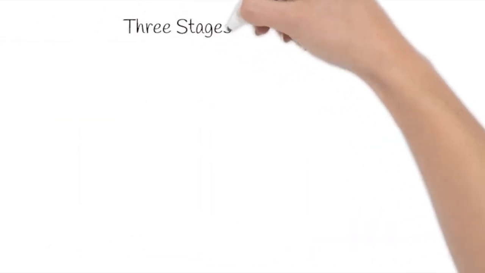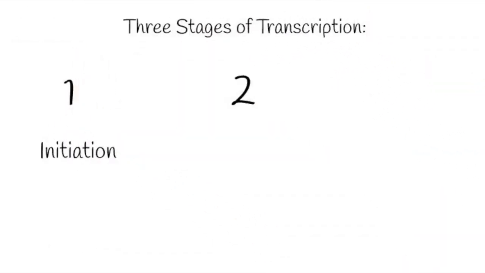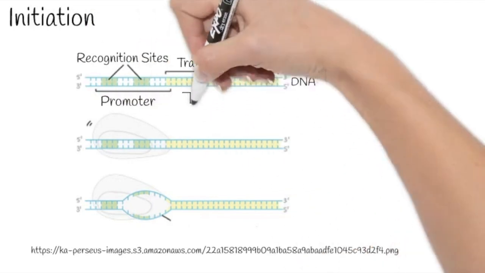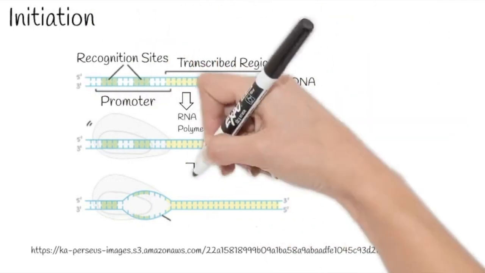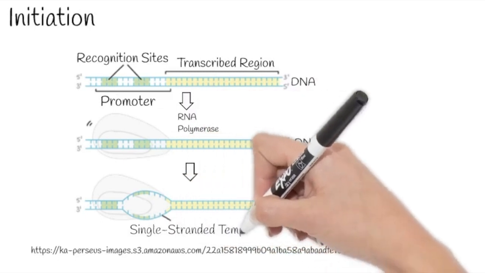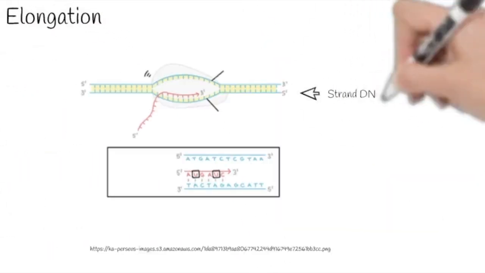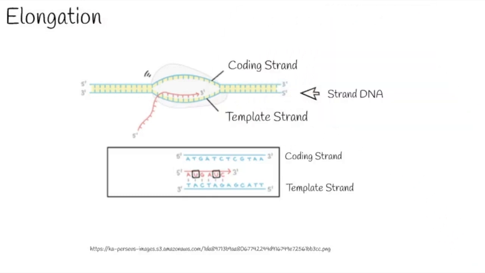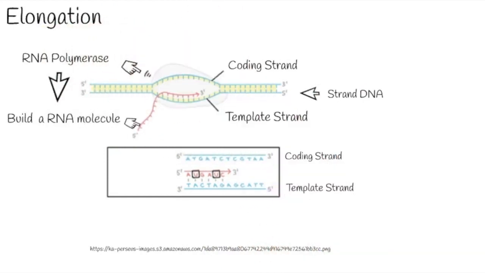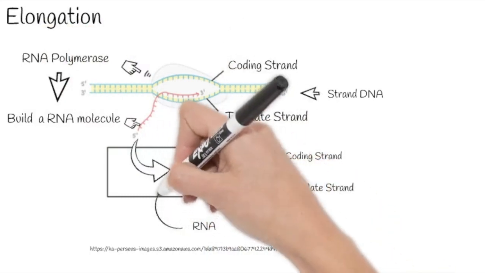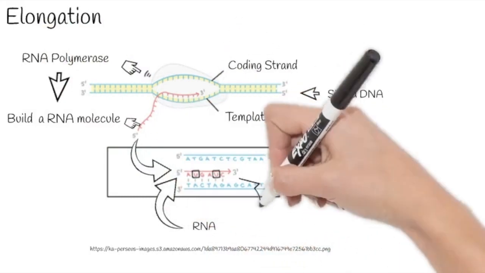There are 3 stages of transcription: initiation, elongation, and termination. In initiation, RNA polymerase binds to a sequence of DNA called the promoter, found near the beginning of a gene. In elongation, one strand of DNA, the template strand, acts as a template for RNA polymerase. The polymerase builds an RNA molecule out of complementary nucleotides, making a chain that grows from the 5' end to